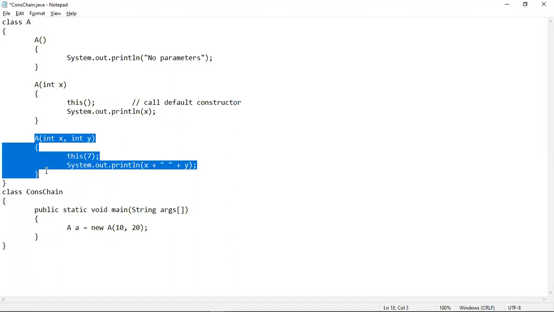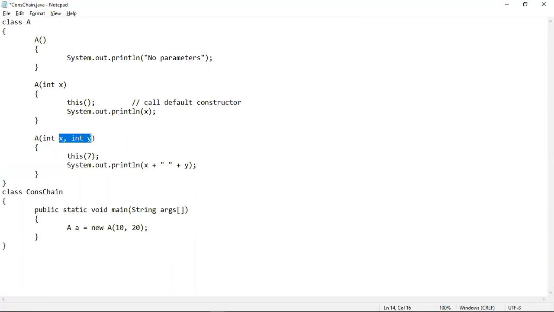Then again, another parameterized constructor has been written, and this time it takes two integer parameters. Inside this parameterized constructor, we have called this single parameterized constructor. That's why we have written this method, and inside its parenthesis, we have given the value 7.